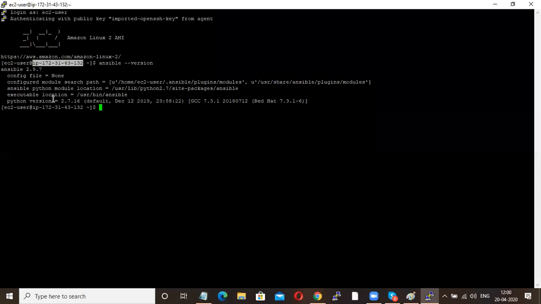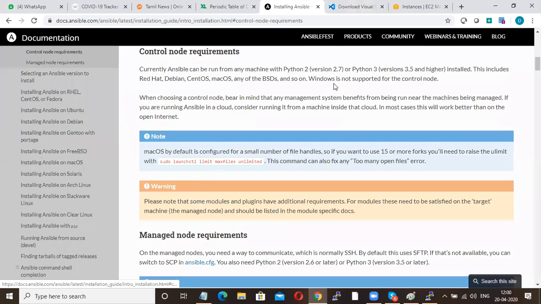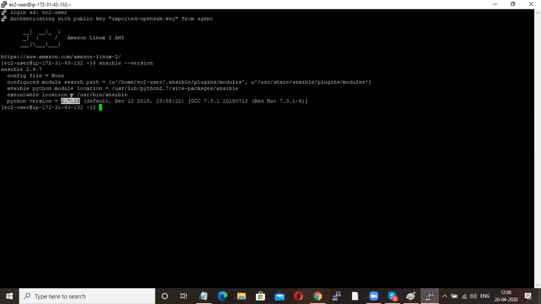Okay. And here, if you see, the Python version is 2.7.16. That is an older version. The latest version is 3.8. But as per the documentation, if you have Python 2.7, then you are fine to work with Ansible. So I have Python 2.7 as well. So everything is done. Fine. Now,